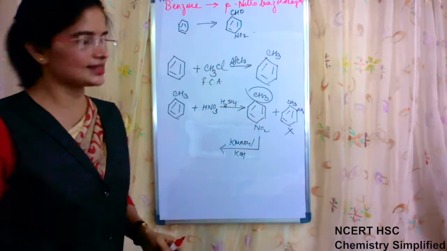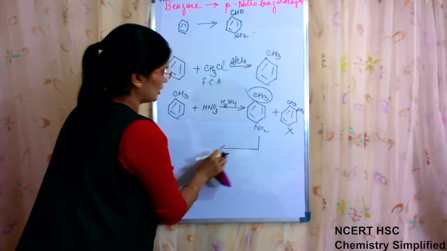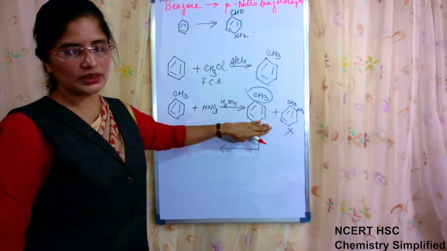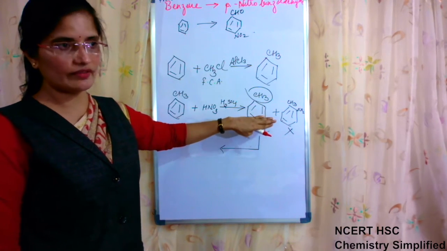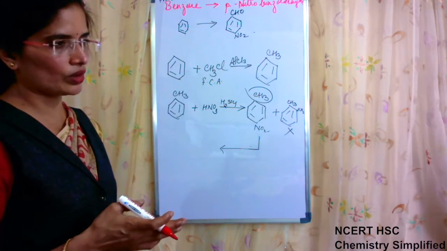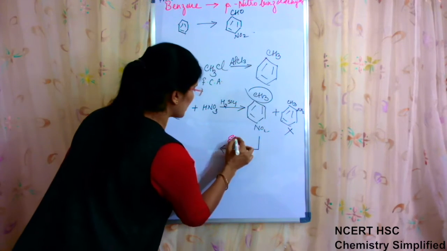Now in the next step, because we don't want acid, we want aldehyde. If you remember, methyl benzenes can also be converted into aldehydes. We have done two reactions. One was the Etard reaction and one more was there in which we used anhydride. So here we will use the Etard reaction.